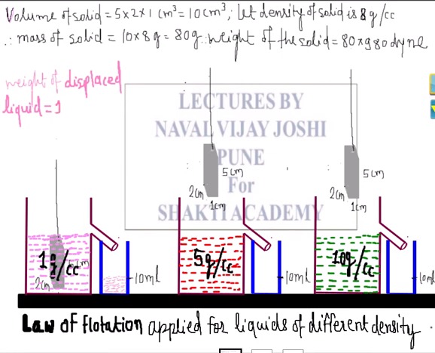So volume of displaced liquid would be 10 cc, that is cm cube. I told you that 1 ml is 1 cm cube, don't worry, multiplied by density of that liquid, that is 1 gram per cc,